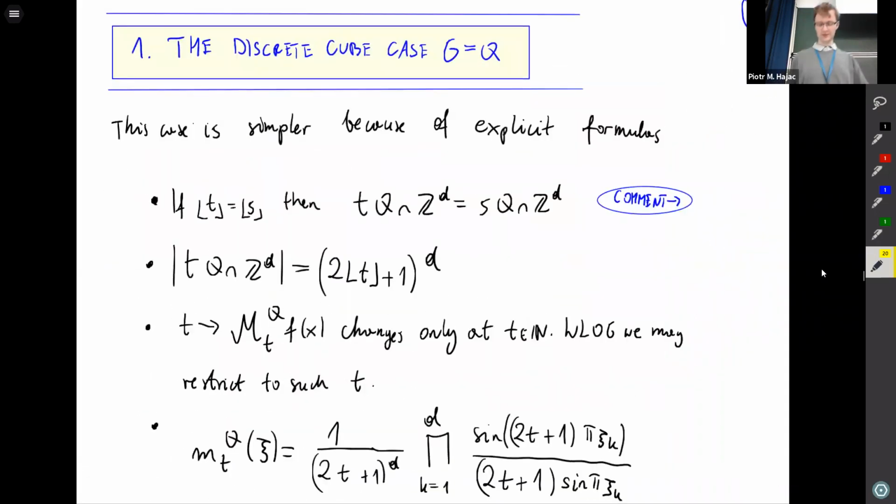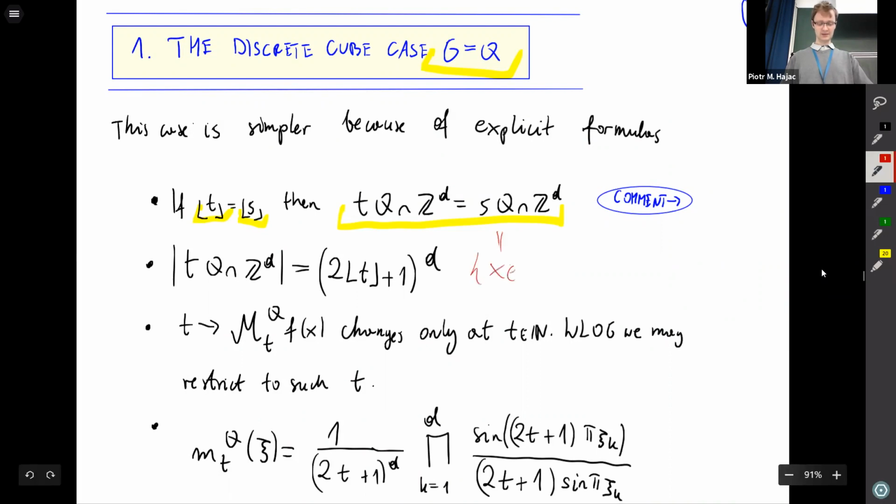So now for the time being, I will be just speaking about the cube, G equal cube. Okay. So the first thing to observe is that if the integer parts of two numbers, T and S, are the same, then these sets are the same. Why is it true? Well, because in the definition, this set can be thought of exactly as the set of